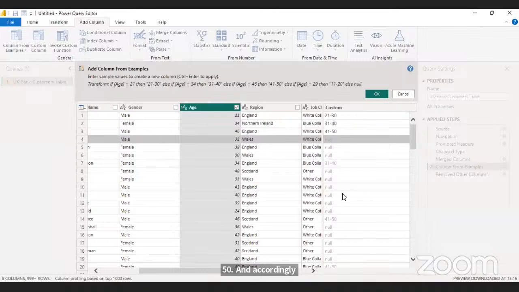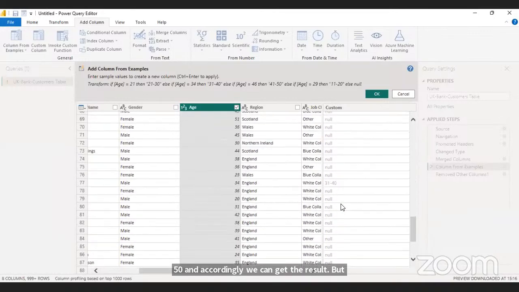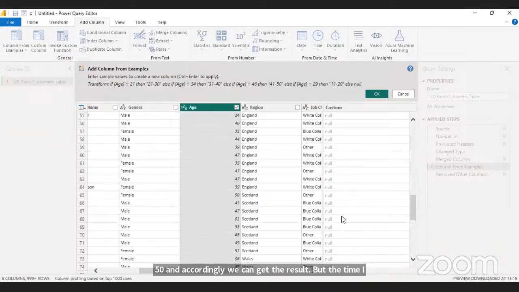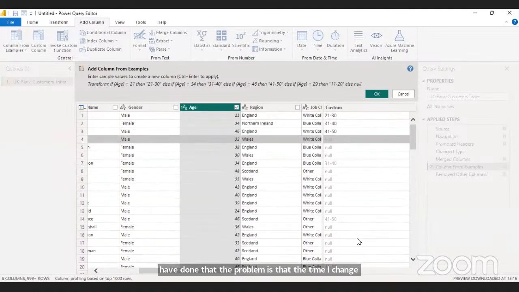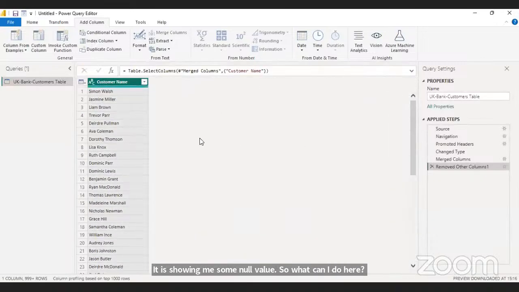But the time I have done that, the problem is that the time I change the pattern, it is showing me some null values. So what can I do here? I will quickly go and cancel it. Okay. I will cancel it. And then